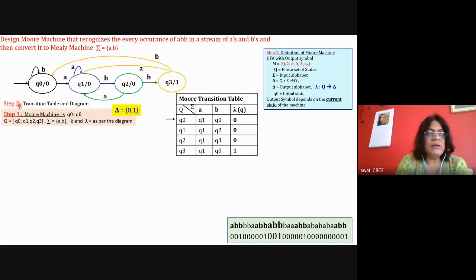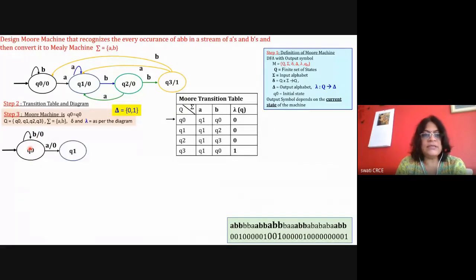For Mealy machine, what I'll do is I'll draw all the 4 states. The number of states will remain the same. So I'll draw the 4 states, Q0, and I'm drawing in the animation. I'm drawing the transitions also. So Q0 with A is reaching Q1, and Q1 output is 0. So A dash 0, and it's going to the state Q0. For B, it is going to the same state, and its Q0 output is 0. So I'll write it as B dash 0.